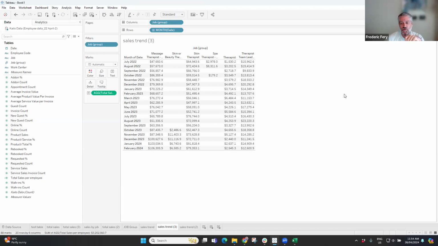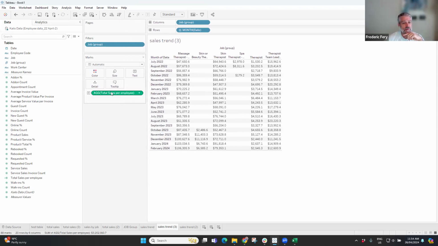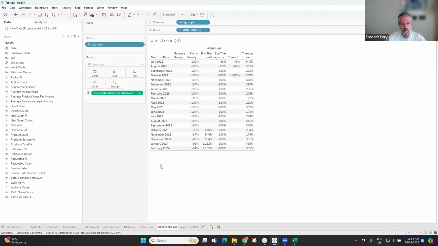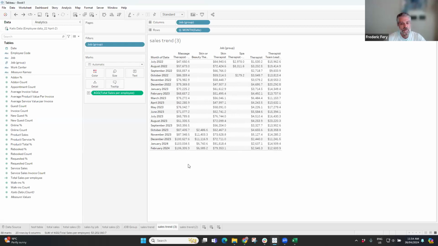But the reason why I'm showing you that is you can play with what's called Tableau calculated fields, which are in there. So for all those aggregated values, like this one, total sales, you can click on the down arrow there and go quick table calculation. And then there's a bunch of those. You can play with those. But one that we often use is one called percent difference. That's one, but you can see that by default, if you go by there,